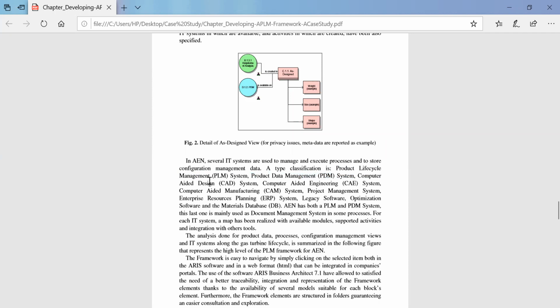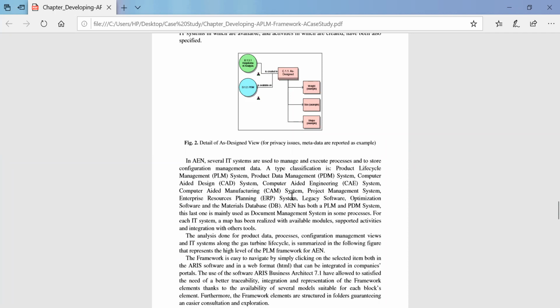How to manage the life cycle of a product, how to integrate with product data management. To integrate with product data management, you need the support of the CAD design. Along with that, you need the CAE system to be integrated to come across computer aided manufacturing. So all the software enabled management, design and analysis skills should be embedded with the PLM. Once all are going hand in hand, we need a management system for that, so project management comes into the picture. When it has been managed and is going on successfully, the resource planning has to be done properly, and hence ERP also comes in.